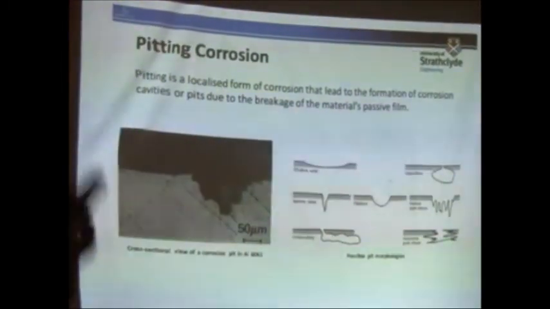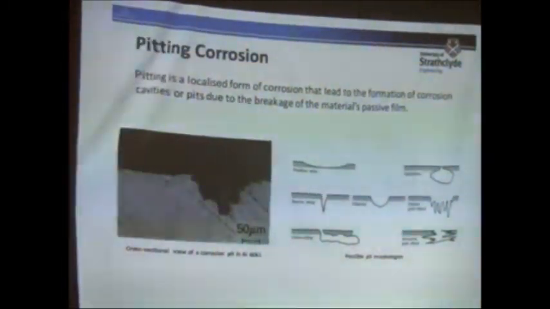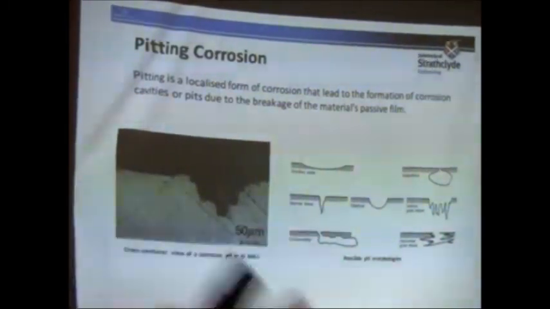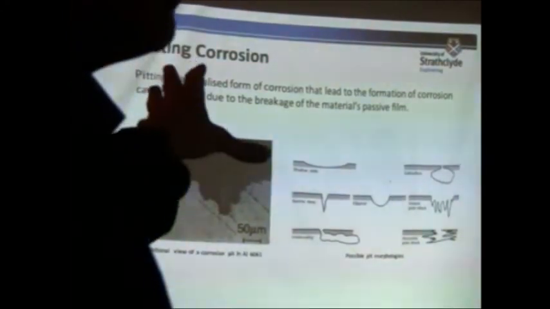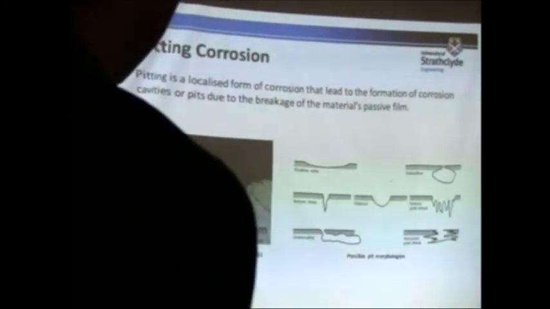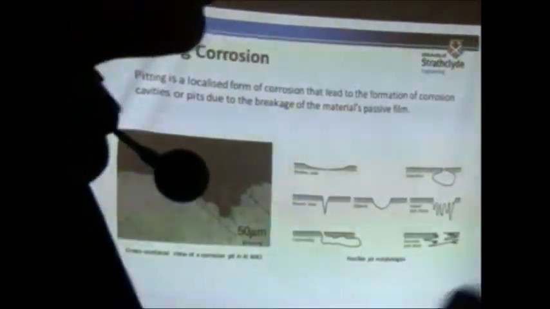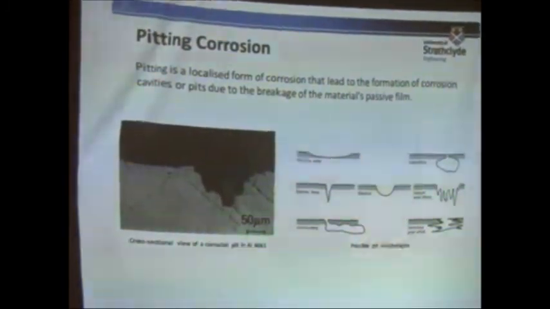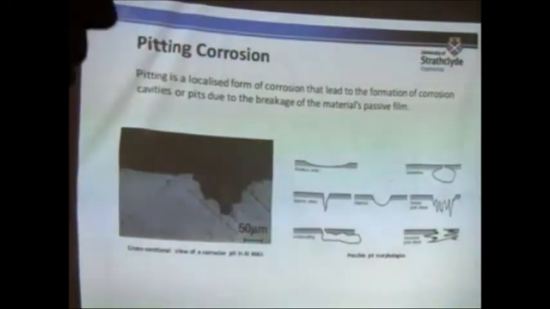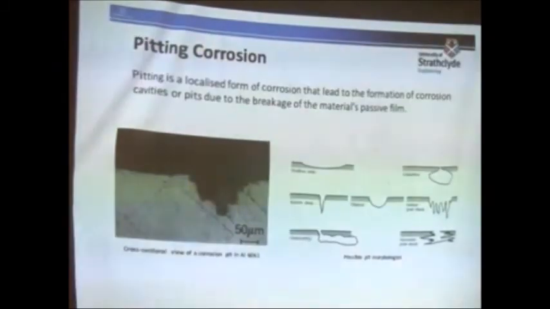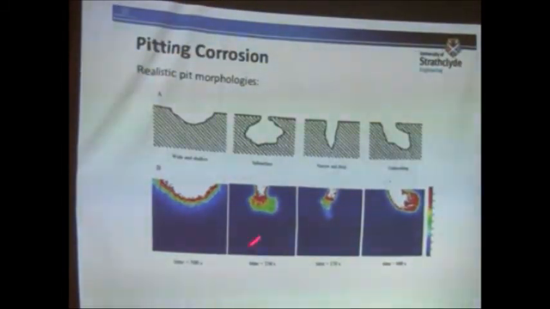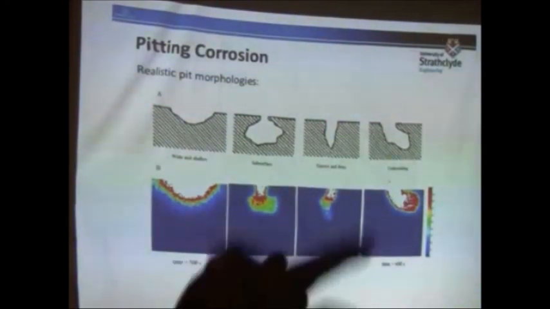So far I just briefly showed you how we can use peridynamics to model hydrogen embrittlement. Although I will not show you in detail because of the time limitation, we are now using this technique to analyze other types of corrosion mechanisms. One of them is pitting corrosion. And as you see, by using peridynamics, you can capture very sophisticated pitting corrosion damage